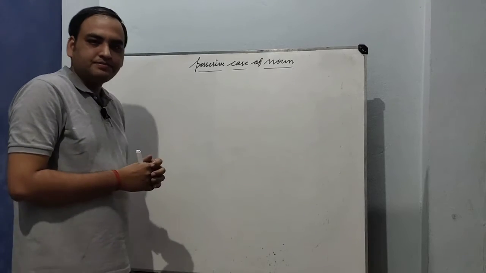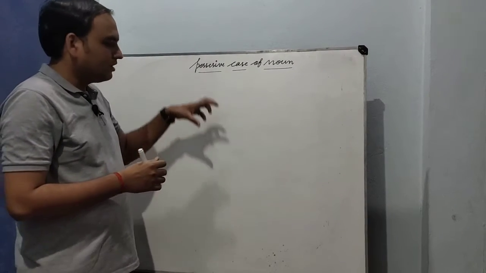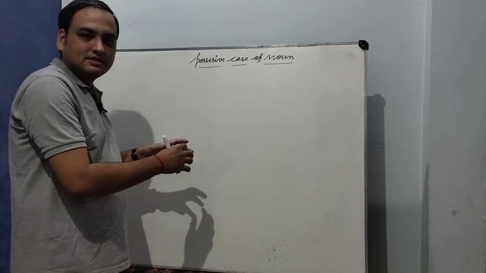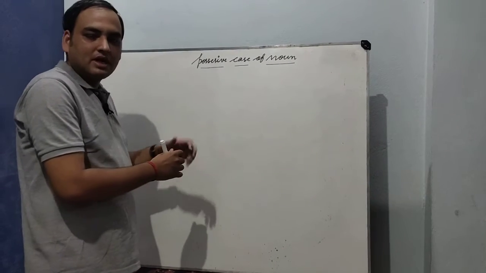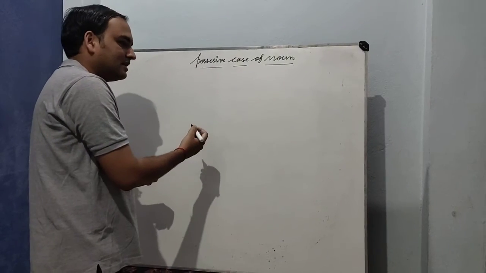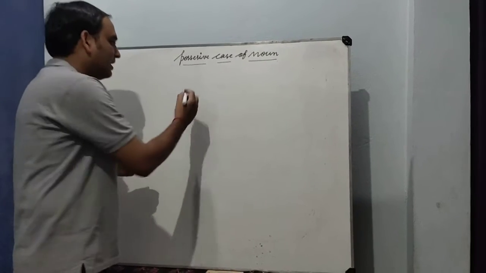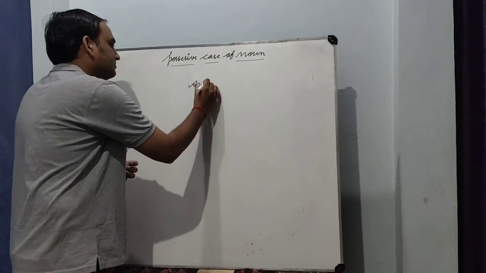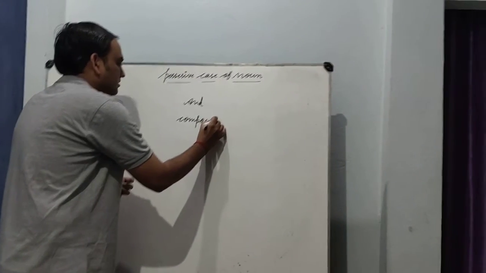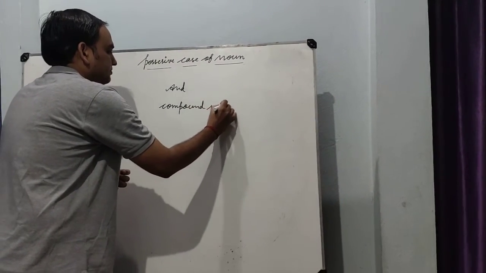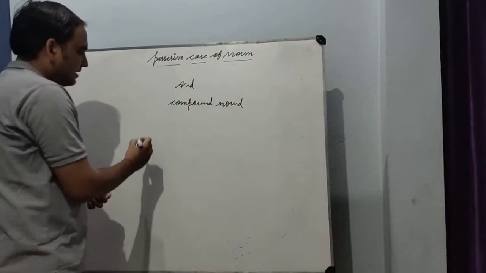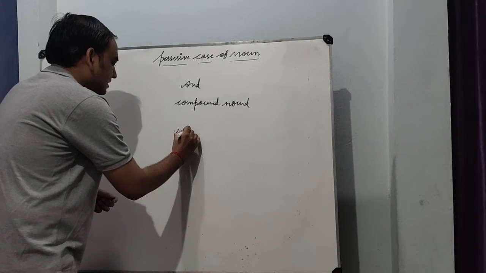Now we will discuss how to use apostrophe or this possessive case to make a sentence if we are using a compound noun in our sentence. Okay, in the case of compound noun, or any sentence in which we are using nouns connected with and, compound noun. So there are two cases. And okay, I am writing here Mr.